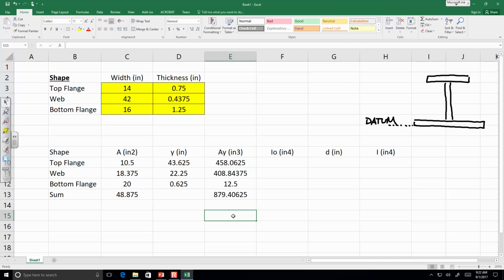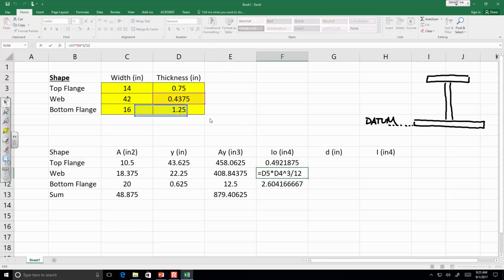This is the width, that's the height. Everybody see that? So if we're looking at, let's say, the bottom flange, it's going to be equals that times that cubed divided by 12. So you should get a really small answer. Now, it might seem tempting to just copy this formula everywhere. The problem is the value you're getting for the web, because for the web you should get a much larger value because you're taking that thickness and multiplying it by 42 cubed. The reason is because these are backwards. Should be that